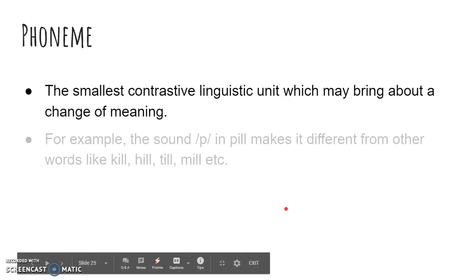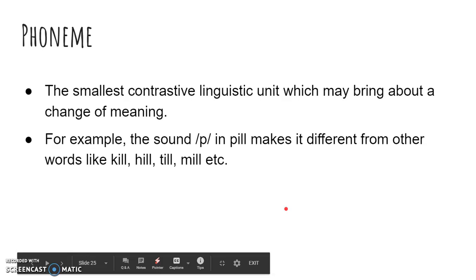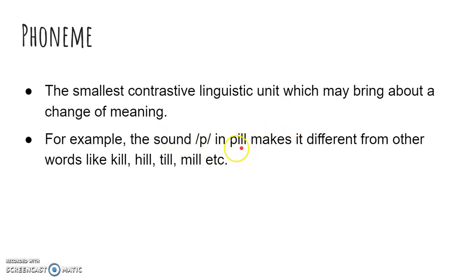For example, if you take up the word pill, or if you take up the sound called the p, okay, in pill. Now if you substitute p with any other sounds like k or h or t or m or s, right, or b, or g, it gives you a different word with a different meaning, right? You take a pill, you substitute p with k, you have kill, hill, till, mill, gill, sill, right? Then you have nil, is another sound that you can create.